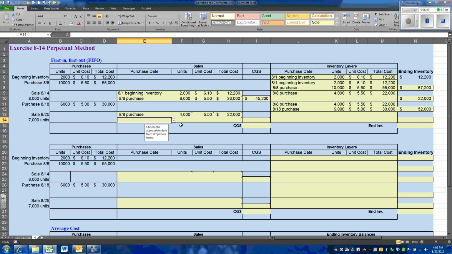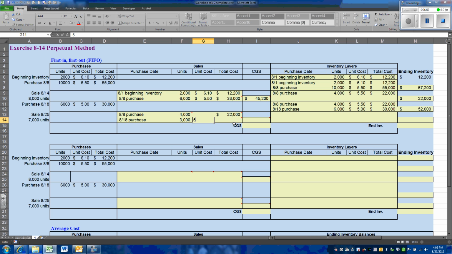And we're also going to need 3,000 units from our August 18th purchase at $5 each. So our cost of goods sold will be $37,000,